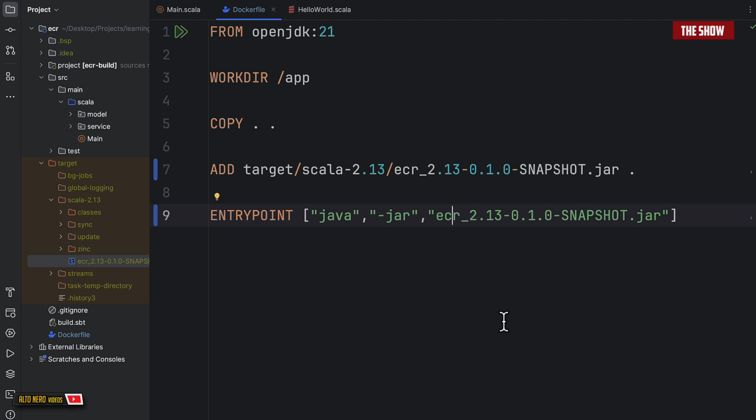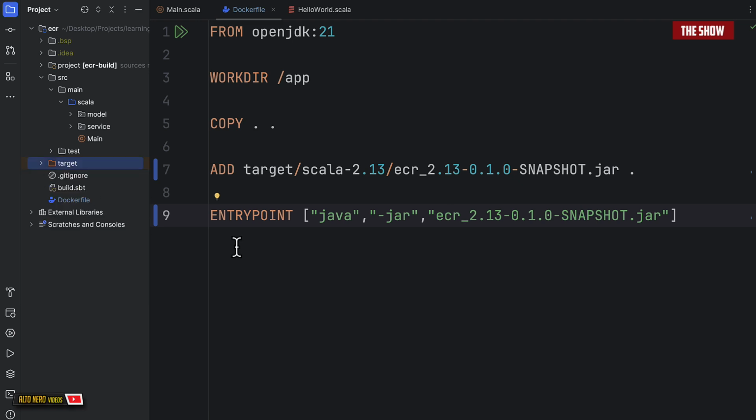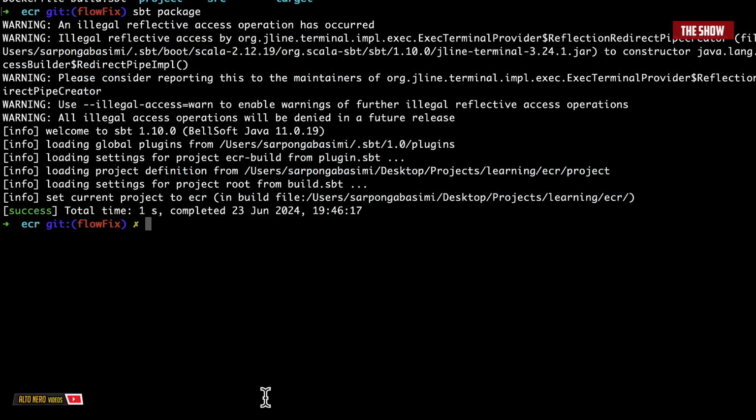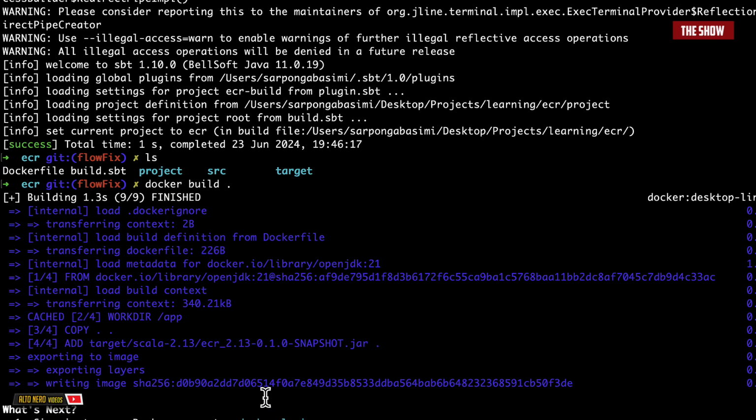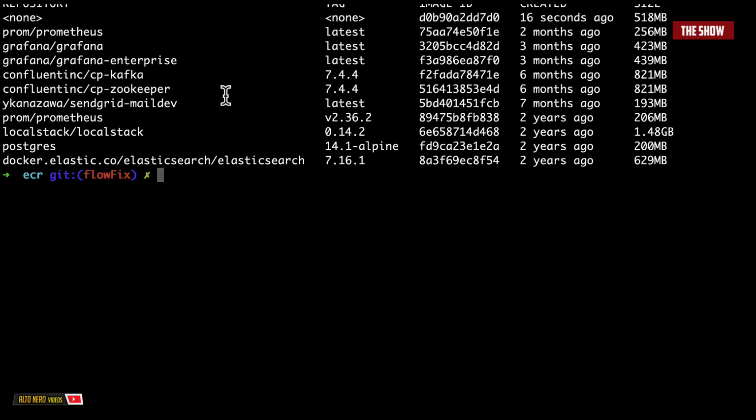So I'm going to try and run this locally. To do this, all I need to do is go back to the terminal and say docker build dot, okay? So I'll do docker build and then dot. What this is going to do is take this Dockerfile and build an image. So if I clear this and do docker images, this is the image that got created,